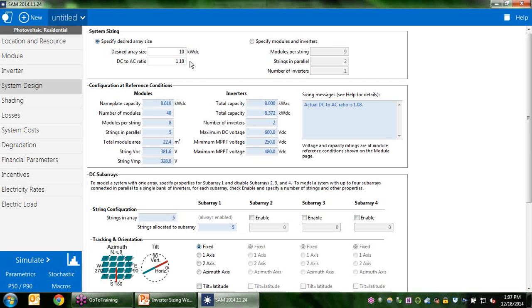I want to note that all of these calculations are based on the maximum rated power point values of the modules and the inverters, and that